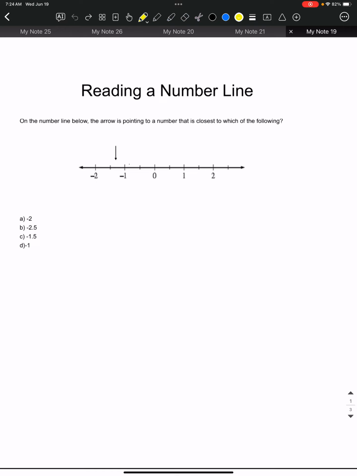So notice that on both sides of 0, as I go further and further out to the right, the numbers get bigger and bigger. Similarly, as I go farther and farther to the left of 0, the numbers are actually getting smaller and smaller, even though the further left I go, the absolute value of those numbers is getting bigger. Okay, so again, notice that as I go further away from 0, those actual digits are getting bigger in both directions. So sometimes we write